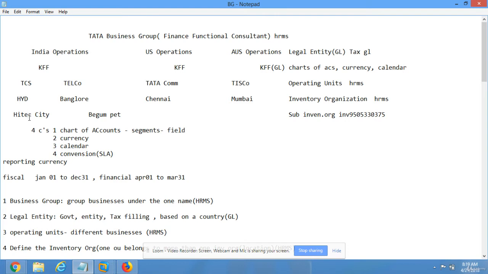Okay, so now these are the two sub-inventories. In between the sub-inventories, we can also move the quantity. Sometimes the people in one sub-inventory require the item. At that time, the people in another sub-inventory are going to send the item to that sub-inventory. That is nothing but a sub-inventory transfer. So we can do the sub-inventory transaction, meaning moving the quantity from one sub-inventory to another sub-inventory within one inventory organization.